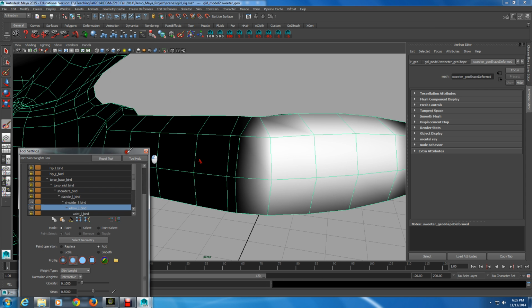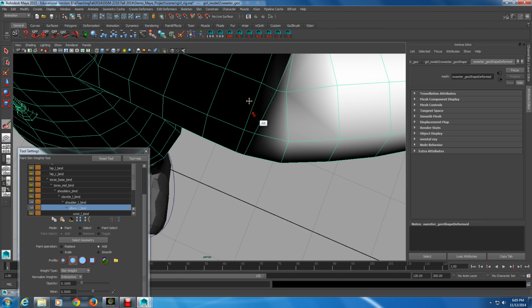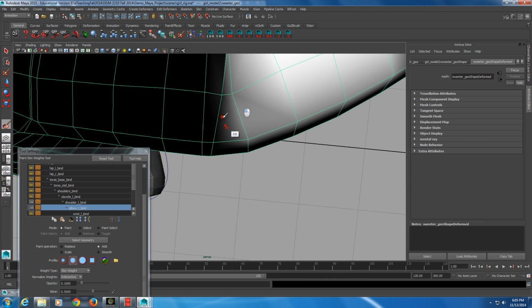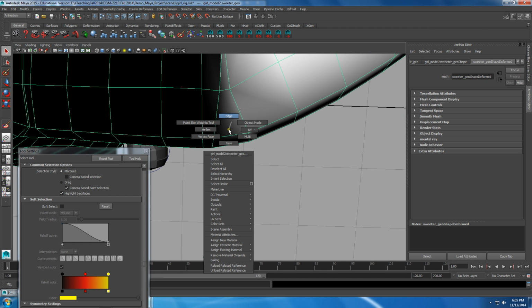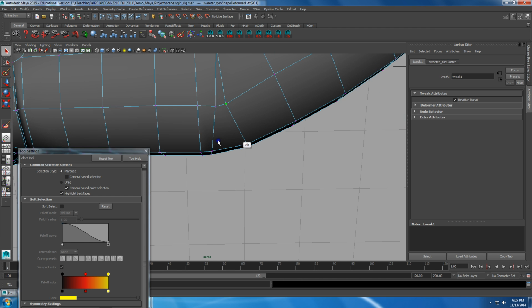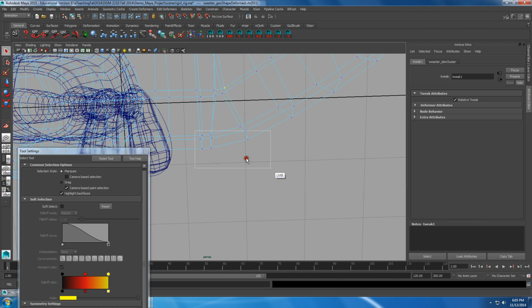And this time, most likely, I need all these to have even weighting so they can be affected all the same amount, I believe. We'll see if I'm right. So to do that, I'm going to switch to my selection tool and go to vertex mode. Press 4. I'm going to select